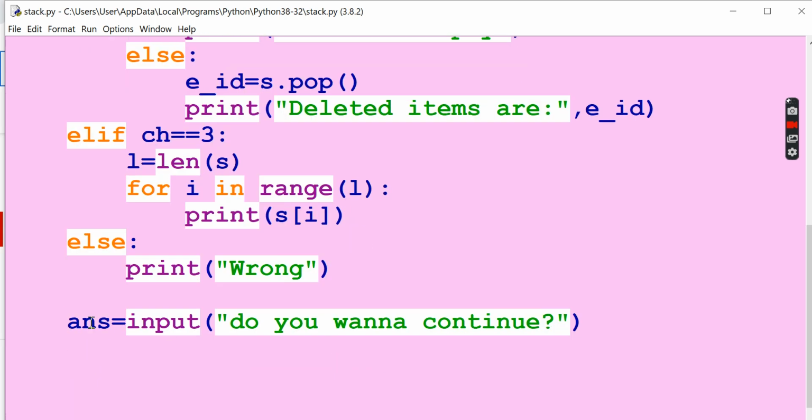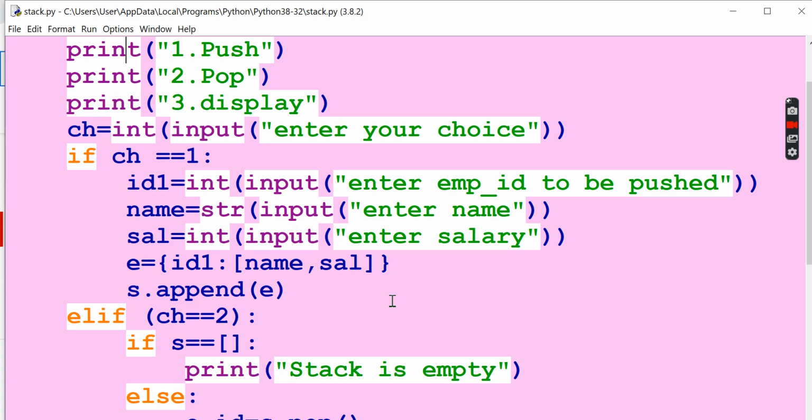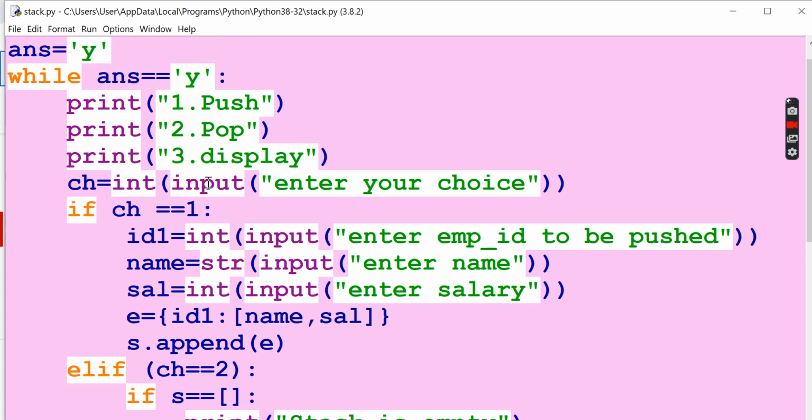And then similarly you get the answer whether you want to continue or not. If the answer is Y, then while answer equal to Y, this loop will be executed again, until any other value is given for the answer. So this loop will be executed many times until the answer is no.